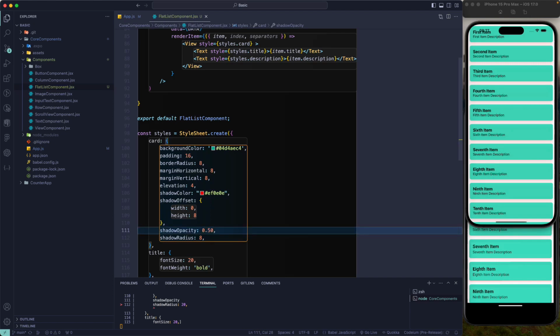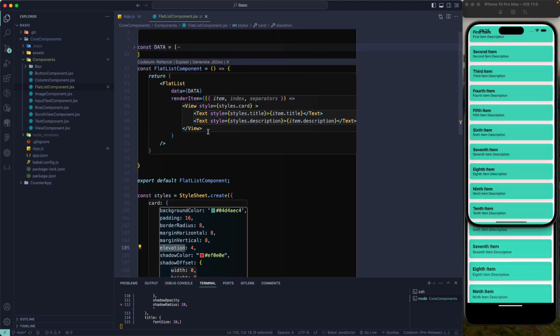So you can increase this one to 50. So you can see that you get more of the shadow opacity over there. And I'll just make it as the 25 for now, and then you have the shadow radius of the edge. You can increase this one or decrease this one depending on your requirement. I'll just keep it as a 16 over here. So in this way I can add the shadow for the iOS, because the elevation is not supported on the iOS device. So we have the better looking card over here, and I guess that should be fine